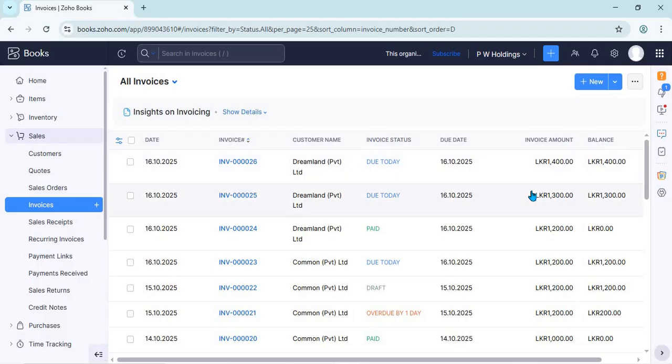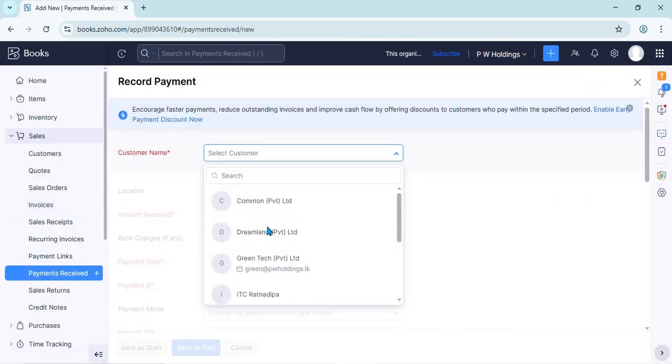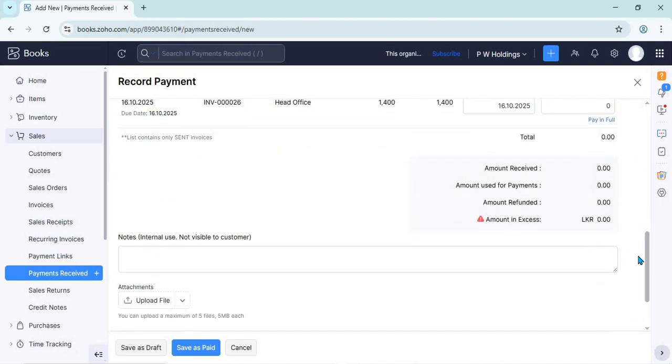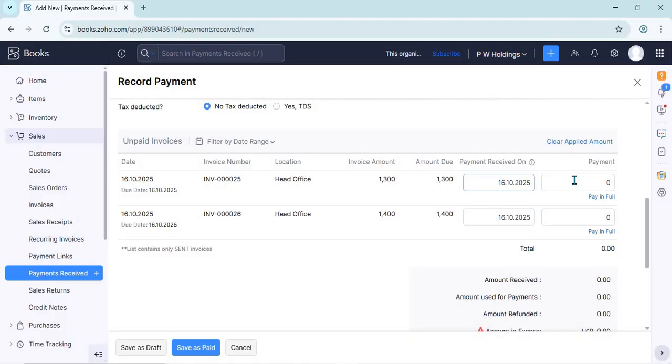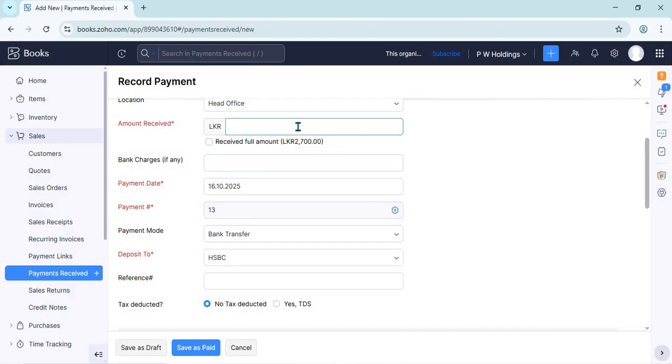Right, now there's another method. You can enter that receipt. For an example, assume invoice 25, for which the customer has paid 1,500. We'll create the receipt. We'll select the customer, and you can see the outstanding invoices. Now assume the customer has paid 1,500: 1,300 for this invoice, and there's another 200 extra amount. We'll enter that amount,